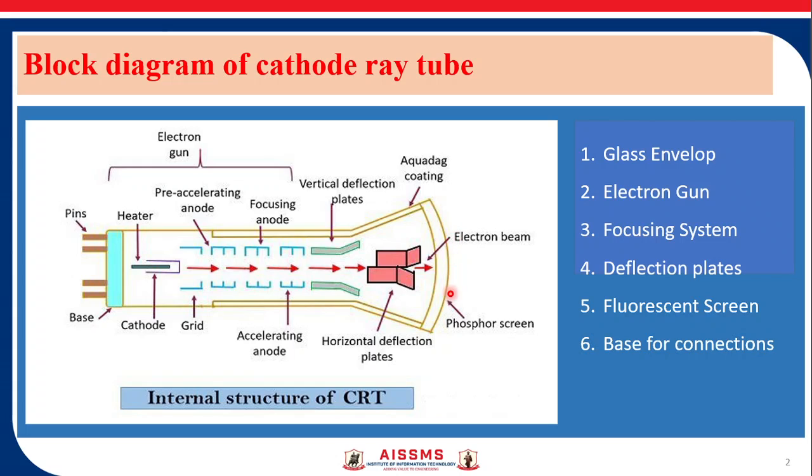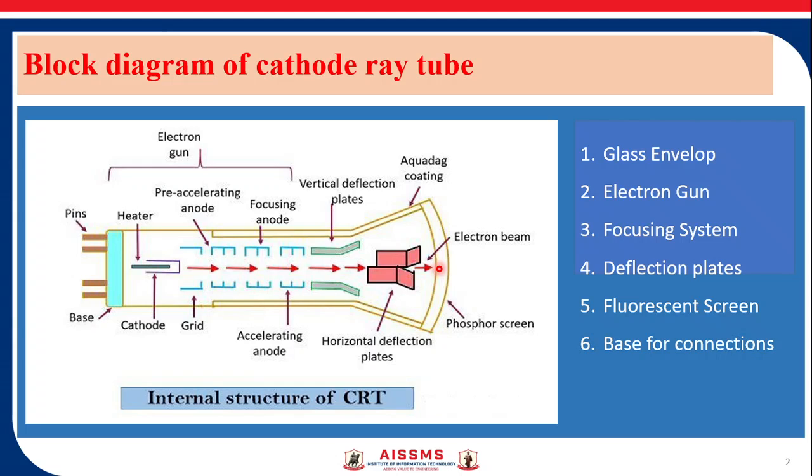So the front portion of the CRT is the faceplate. The inner surface of the faceplate is coated with a phosphor. When an electron beam strikes the phosphor crystal, it raises their energy level. The electrical energy gets transformed into light energy by the action of phosphor. Hence, we are able to see the waveform on the screen in the form of light.